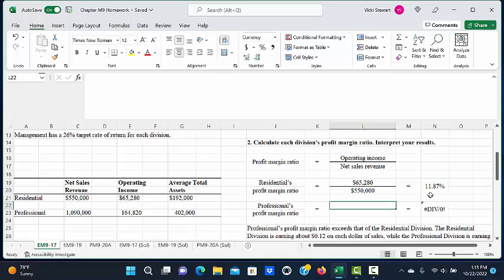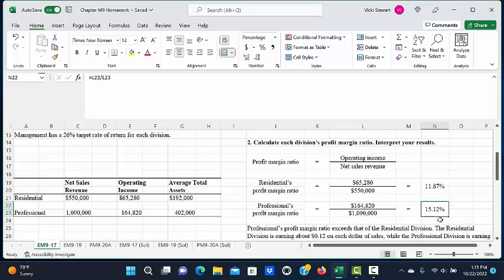For professional, we divide the operating income of $164,820 by the net sales revenue of $1,090,000, and that gives professional a profit margin ratio of